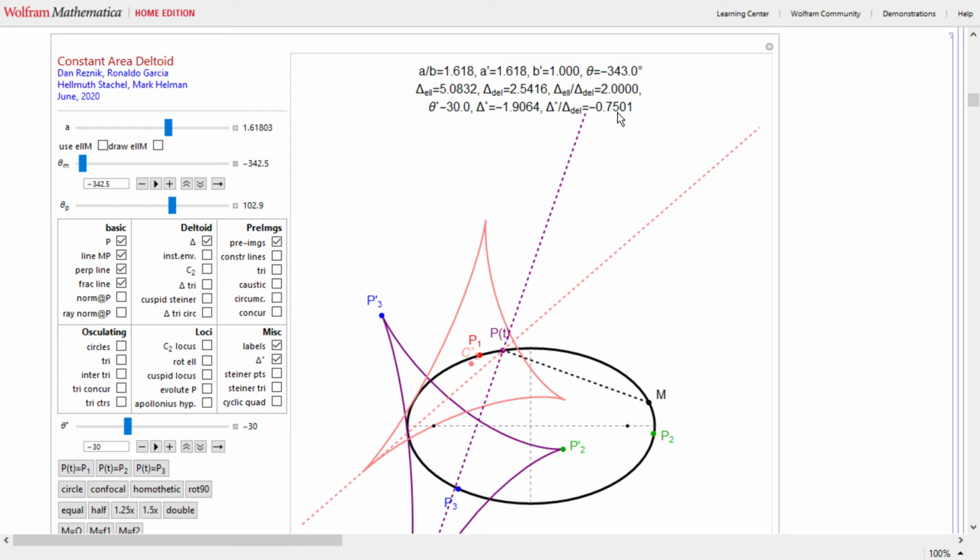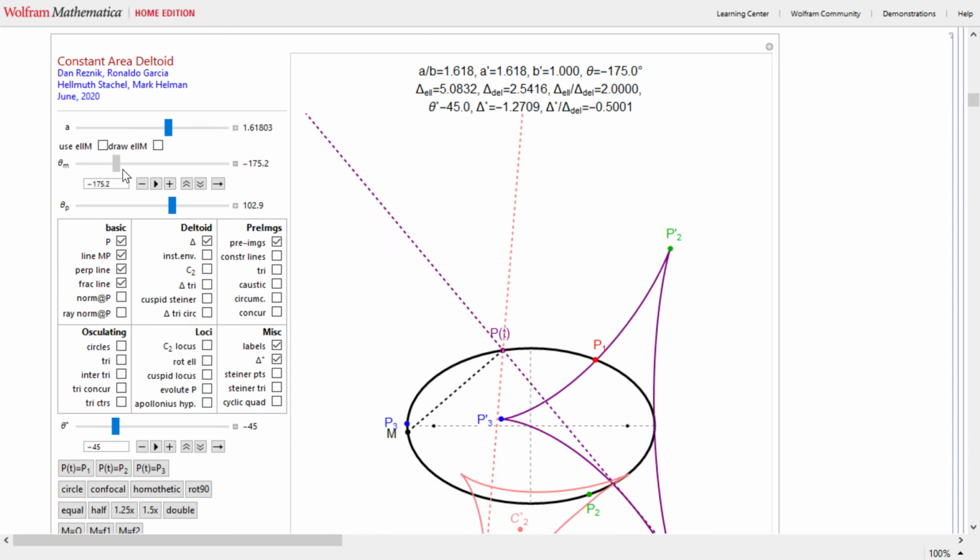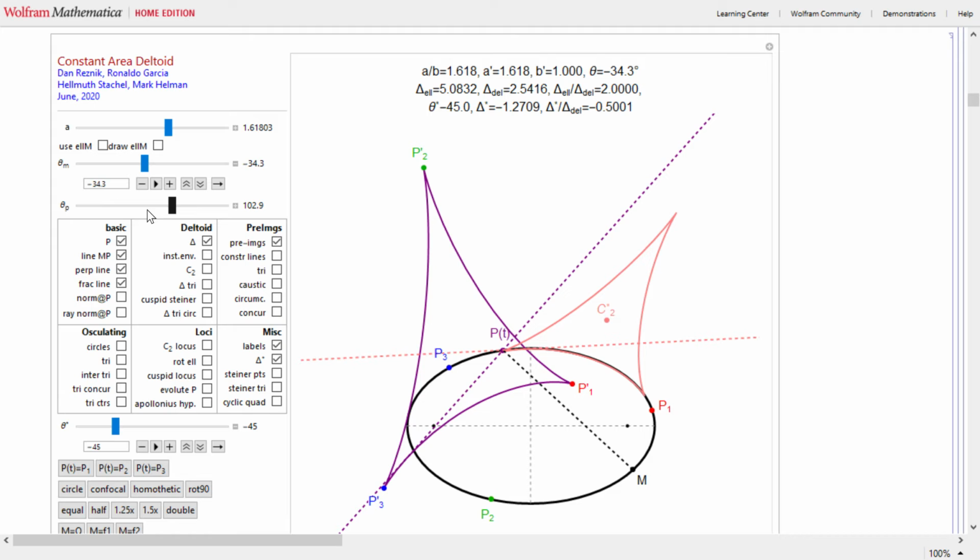But the ratio of these two areas at this rotation angle of 30 is 3/4. If my rotation angle is 45 degrees, I get another even more skewed kind of deltoid, and now the ratio of areas is half. So again, I have an invariant derived deltoid, this pink thing here, and the ratio of areas is 0.5. If I go all the way now to 60 degrees, I get a smaller deltoid and my ratio